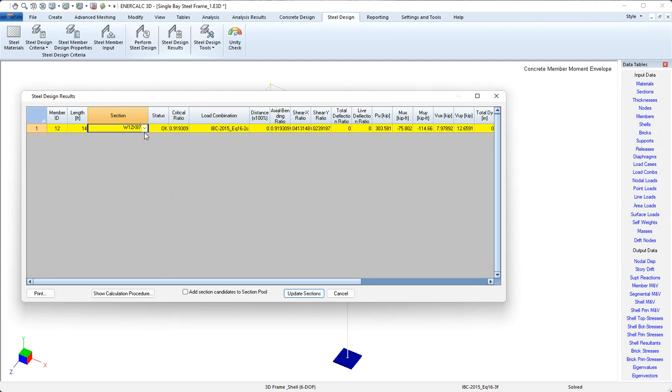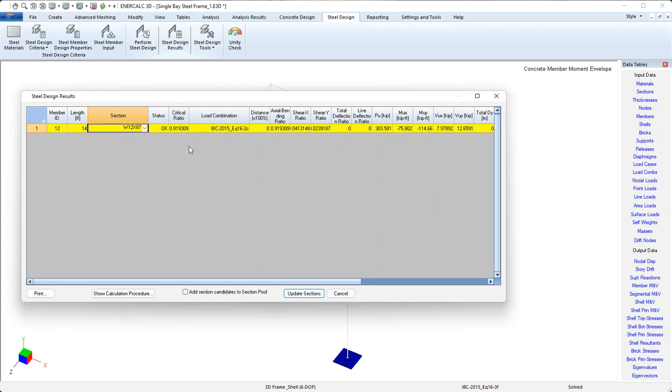Now, when I bump up from the W12x65 to the W12x87, a couple of things happen. Number one, we see an OK status and a roughly 0.92 critical ratio, but the other thing that's important is that the line turned yellow. The reason for the yellow line is because we're now mixing and matching. We're performing a design on a W12x87 based on forces that were determined when the stiffness of a W12x65 was used in the model. So not technically 100% accurate, but it's a good sign anyway that things are getting better by picking the bigger